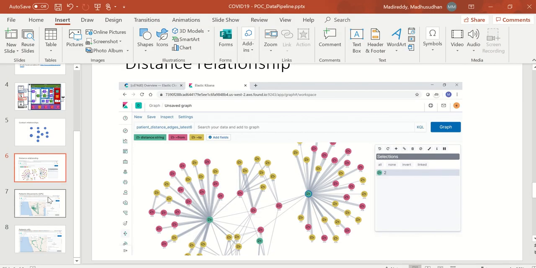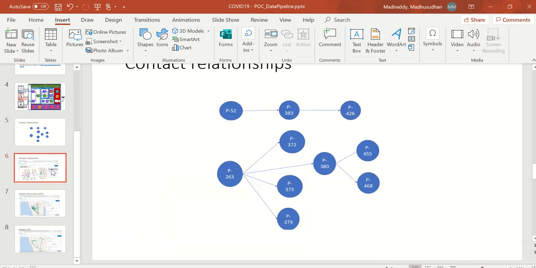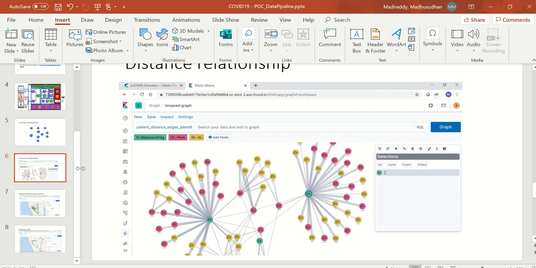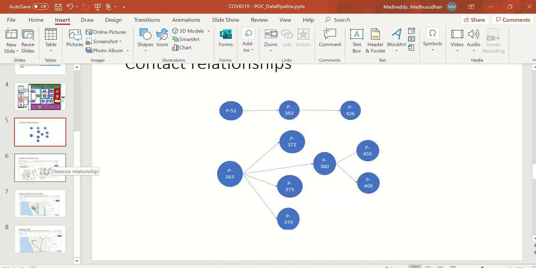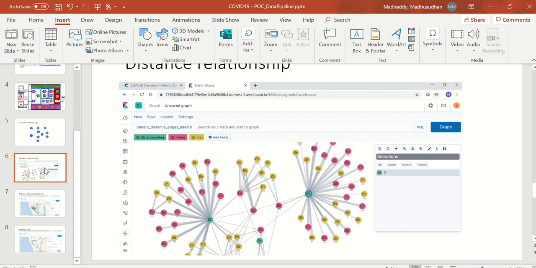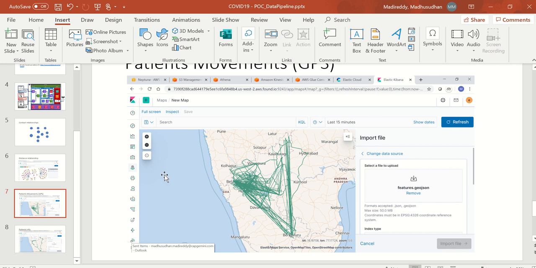Next, we have achieved this with the GPS data simulated and the batch data which we have loaded. We have seen how the contacts and the distance edges are related, and there are also maps which we can show using the coordinates data which we have created using the simulator.